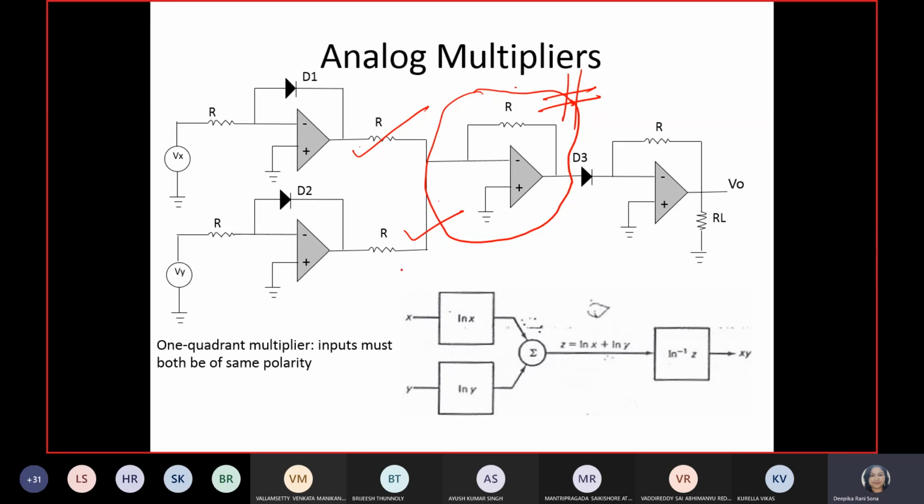As your friend said, x and y will be the inputs in the block diagram perspective. See, x is the input for log amplifier x, then y is the input for log amplifier y. They will generate the output in terms of ln x and ln y. Then we have to use the adder circuit or summer circuit, that's why the symbol is summation. Finally we will get ln x plus ln y. But how do we get the x dot y function, guys?